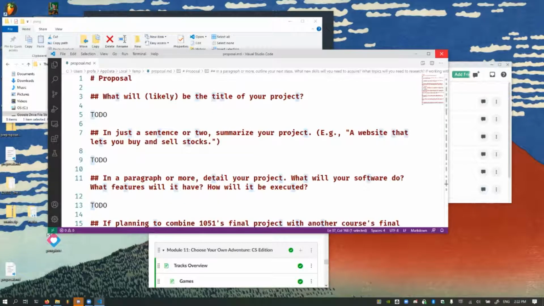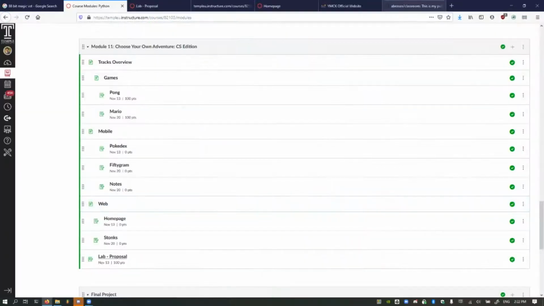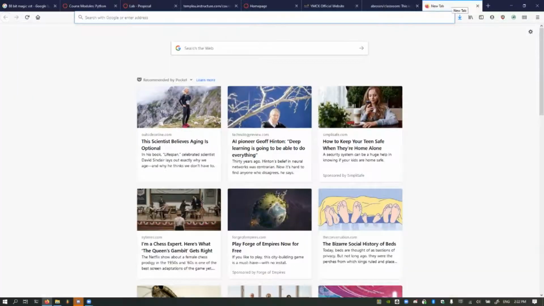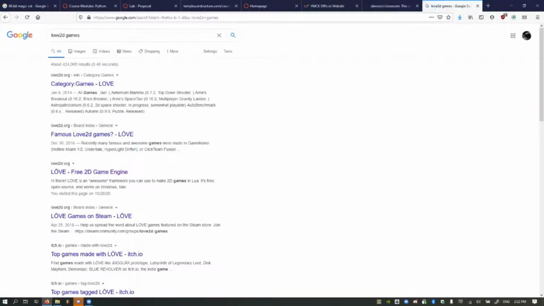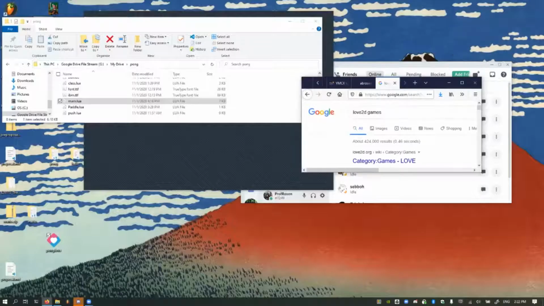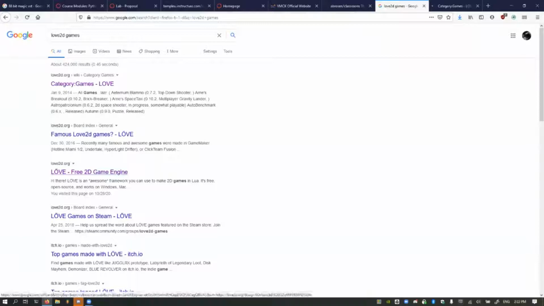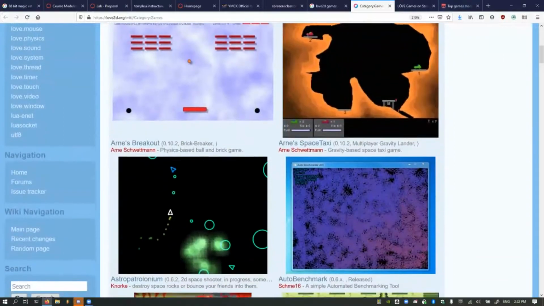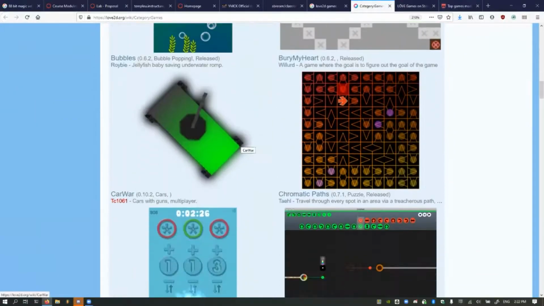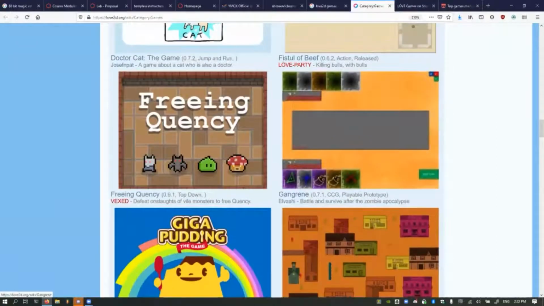So let's go ahead and take a look at some games that have been made with this engine. All right. So first one, if you check on their wiki, there's some stuff over here which kind of looks pretty low production value, if I'm going to be honest.